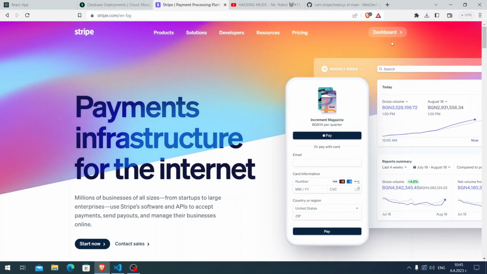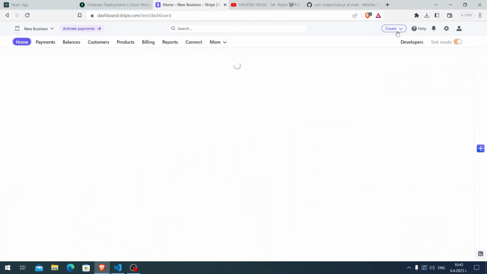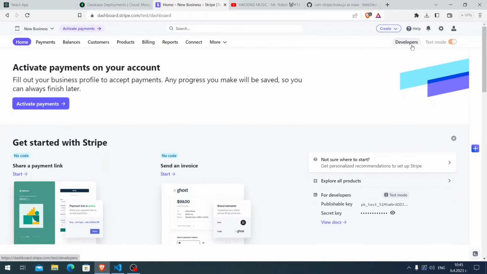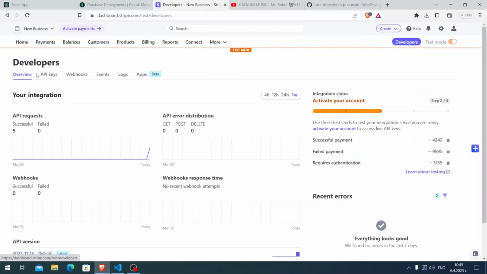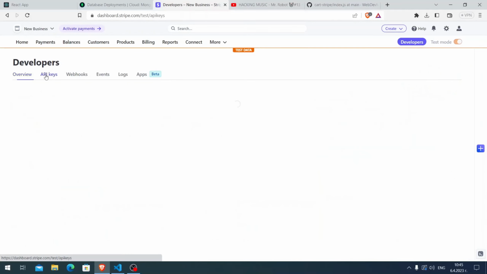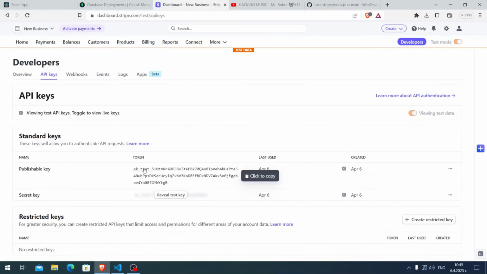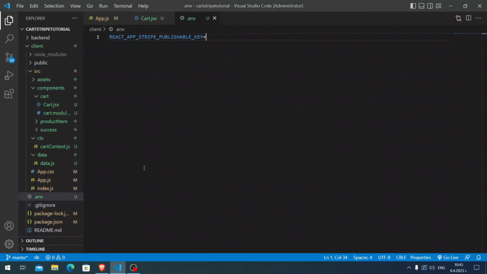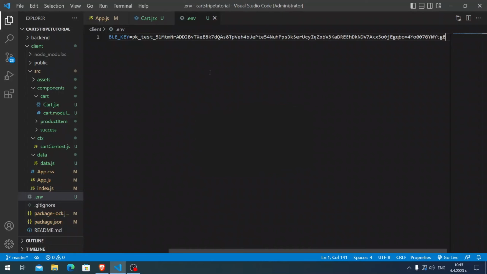So here I'm logged in, I click on the dashboard. You just need to log in, click on the dashboard, then click here on developers. As you see here, developers, right on the right side, click on developers, you click on API keys, and here we are on the same page that we were 30 seconds ago. So you just click here, click to copy. Okay, we have it, and we paste it. This is it